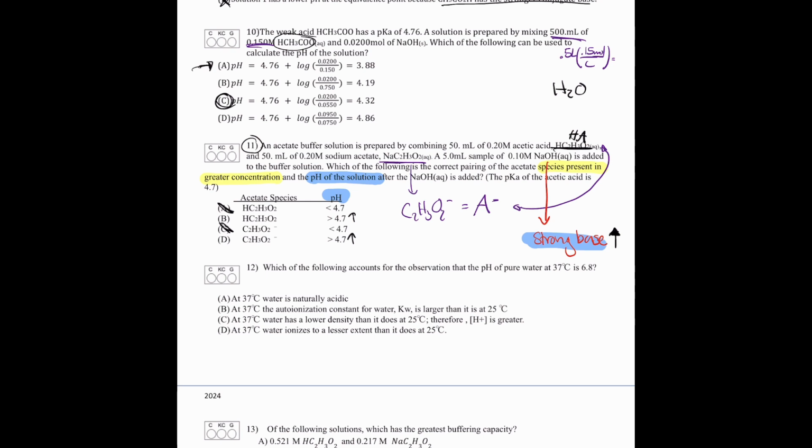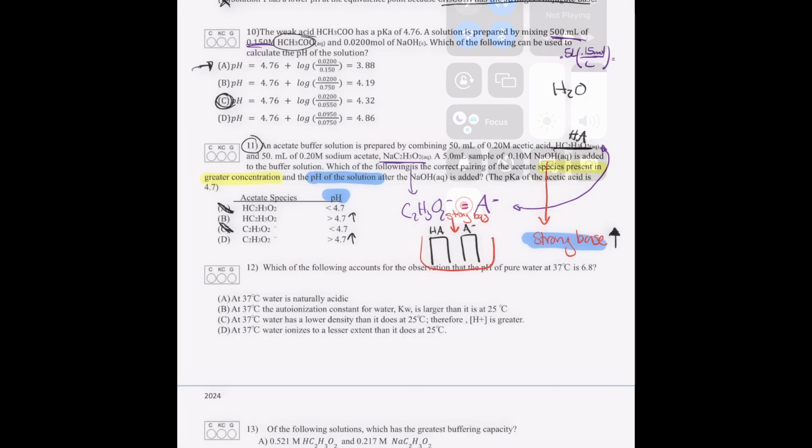Okay, and then the one in the greater concentration is going to take into account which didn't react, because then it didn't get used up. So keep in mind with a buffer, you think of it like a bar graph. So you have this much HA and this much A minus in the buffer. When you add, keep in mind these are like the same system. When you add your strong base, so when the strong base is added, remember, opposites react, and so a base,